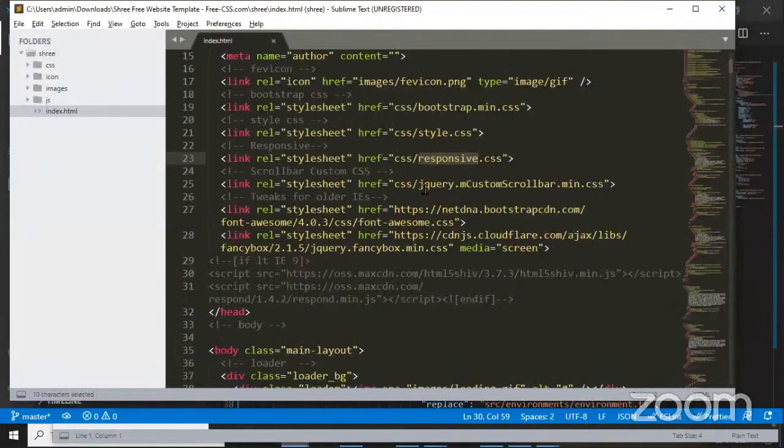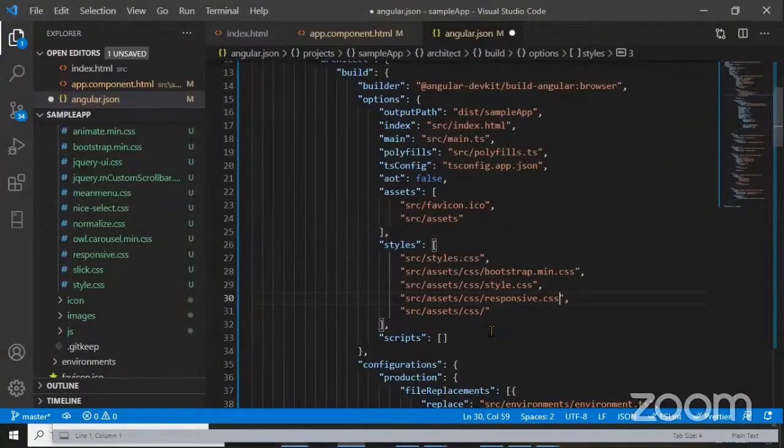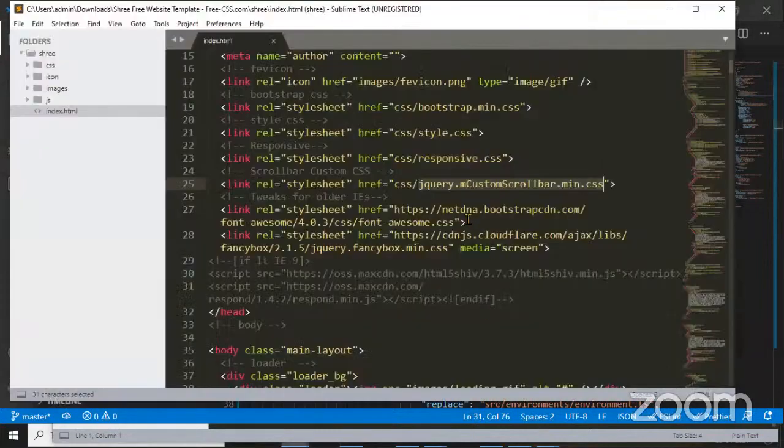Next, the fourth file is jQuery custom scrollbar.css. Next, the fourth and fifth files, you see, guys, have not been loaded with a